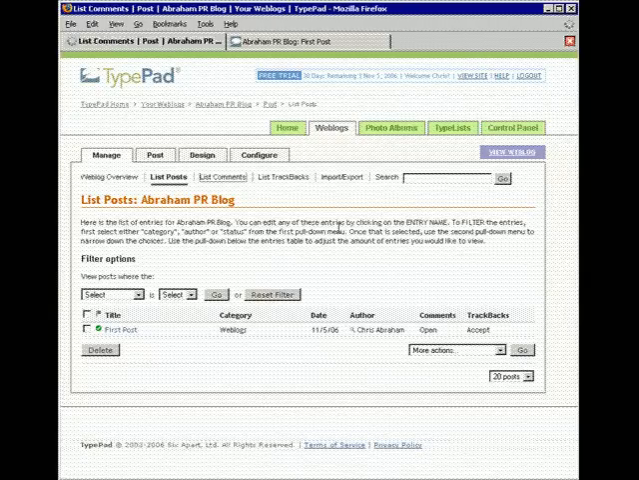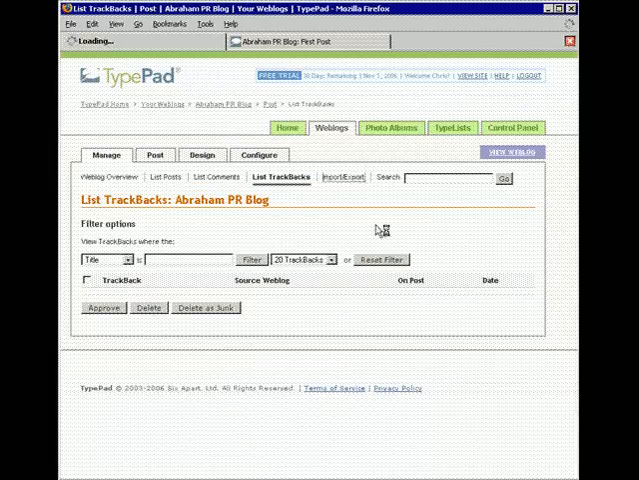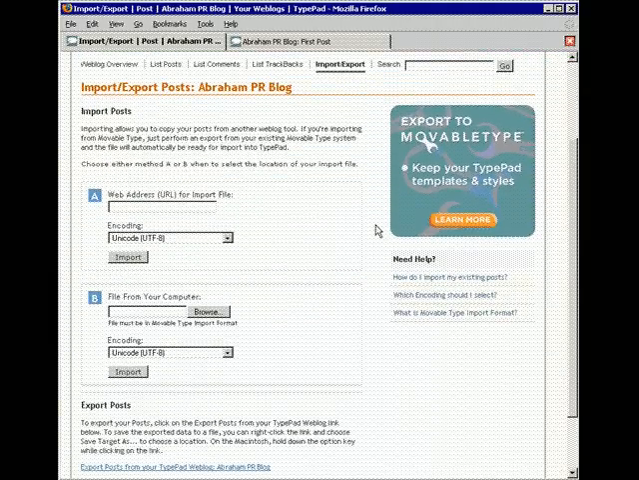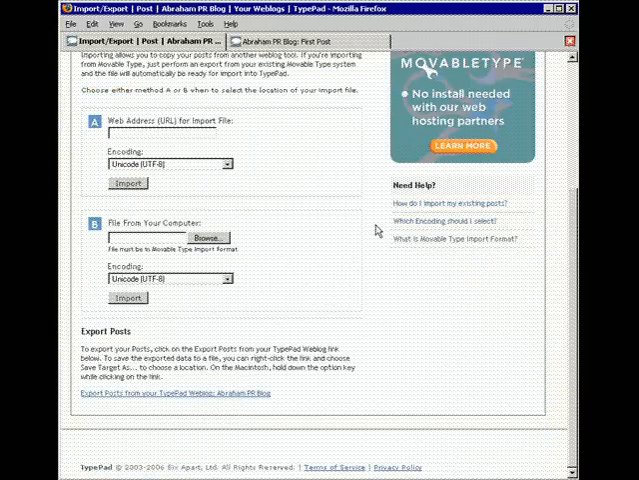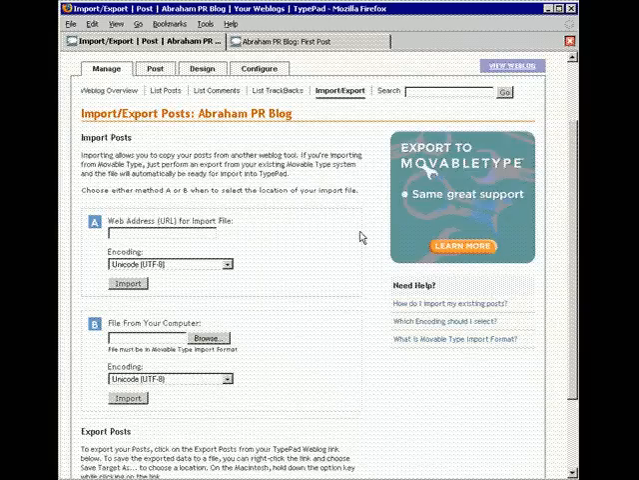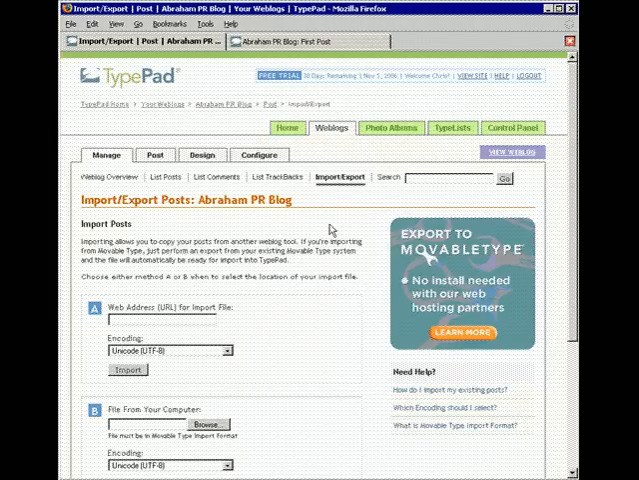List comments. If there were comments, they'd be here. I'll show you comments in a few. List trackbacks. And import-export, which means that if you have a blog on Blogger, you could import it here, or you can export, let's say you install Movable Type, which is another application right here. Export to Movable Type. Same great support. Learn more. It's an application that you can use with your own server. Then you've got